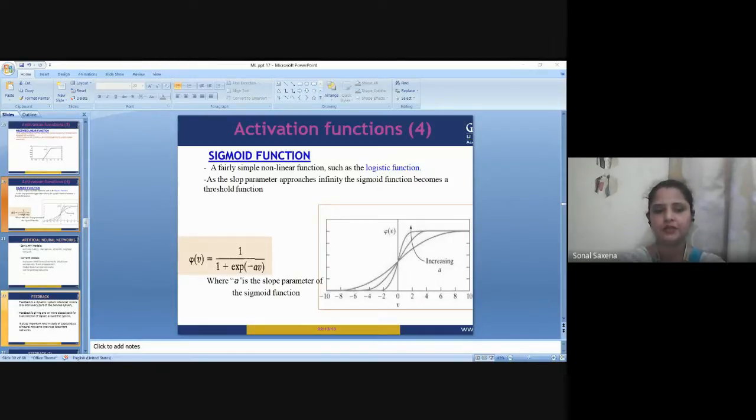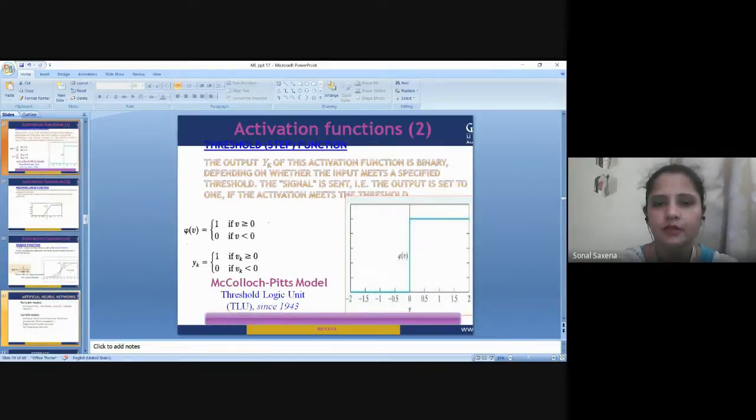See, the activation function does a non-linear transformation to the input, making it capable of learning and performing complex tasks. So this is all about the activation function. Here you can see what we have seen. This is the activation function. You can see the values of it here. The output is set to 1 if the activation function meets the threshold. Otherwise, it is always set to 0. So you can see here the diagram of this. It is clear from this diagram as well.